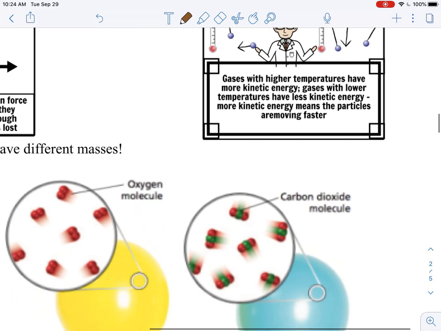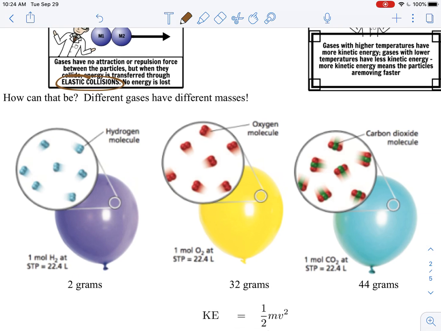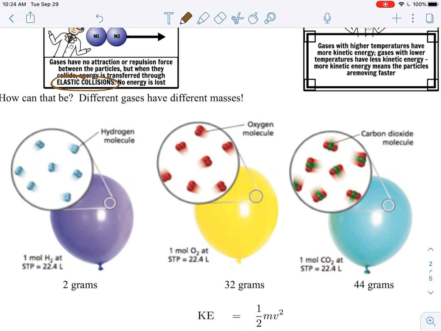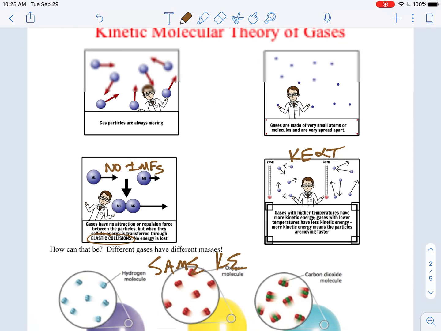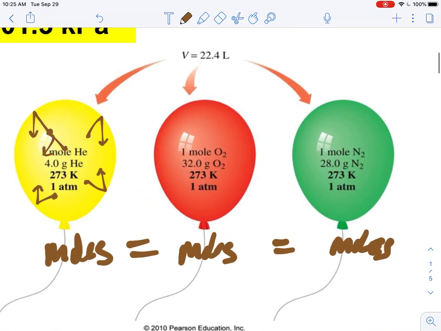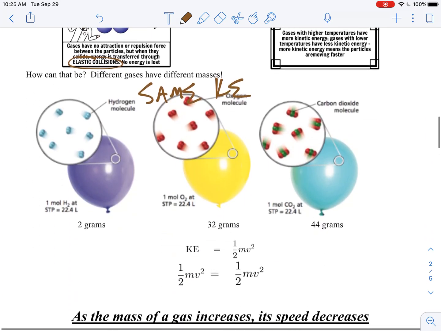But think about that. What does that imply about these three things over here? If they are all under the same conditions, so whatever temperature these are at, if they're all at the same temperature, that means they all have the same kinetic energy. So these have to have the same kinetic energy if the kinetic energy is proportional to the temperature. As the temperature goes up, the kinetic energy goes up. And if we're comparing different samples and they're all at the same temperature, then they all have to have the same kinetic energy,